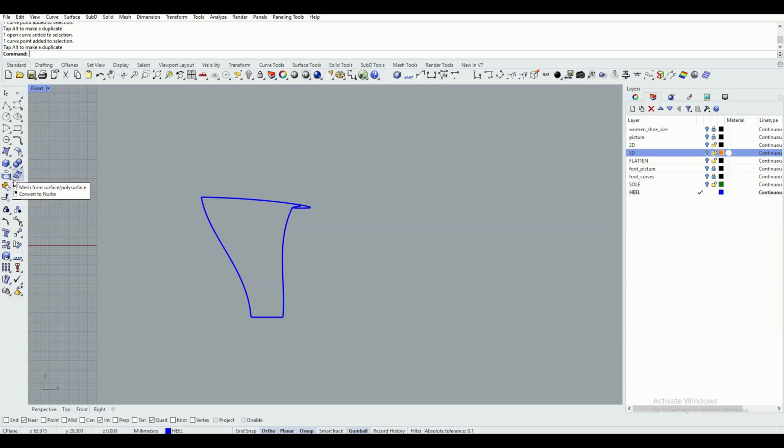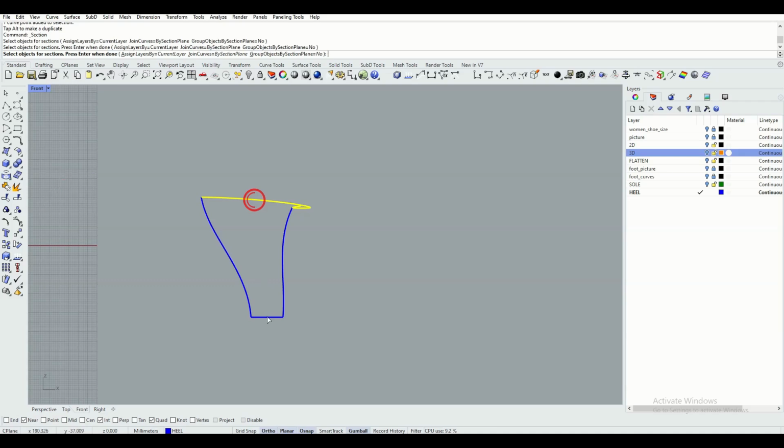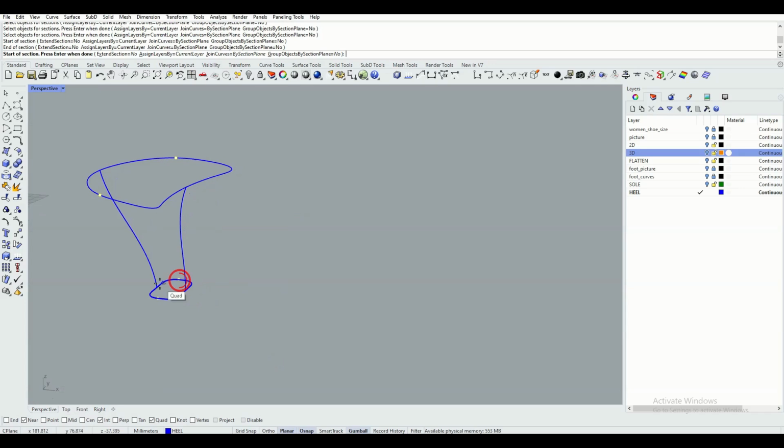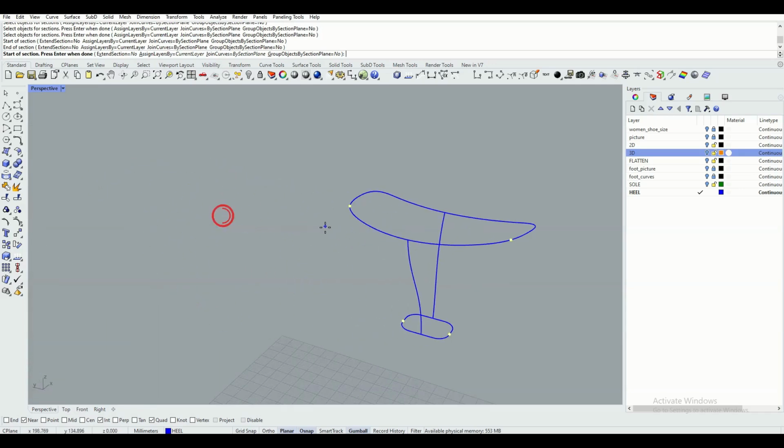Use the section command. Just select two curves and drag a freehand angled line. That way we can get the 4 points, which are the intersection points. Enter to confirm.